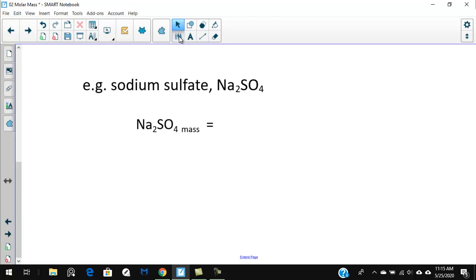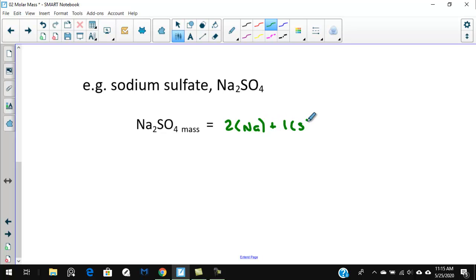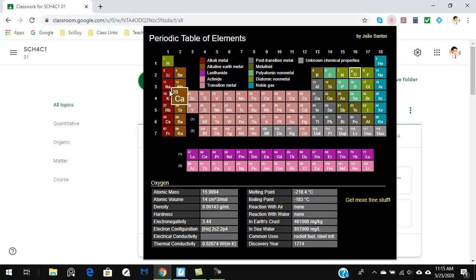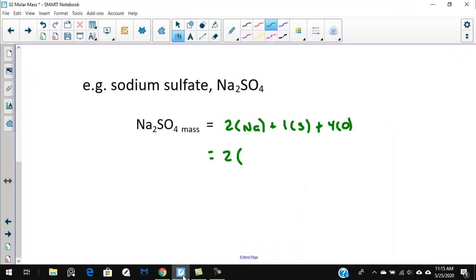So again, I'm just going to write this one out formally. So there's 2 sodiums plus just 1 sulfur plus 4 oxygens. So that gives us what's in this compound. And so sodium, so it's 2 times, oh, I'm sorry, I've forgotten the mass of sodium. I'm going to have to look it up. I think it's 23 something. The mass of sodium is 22.99. So sodium is 22.99 grams per mole